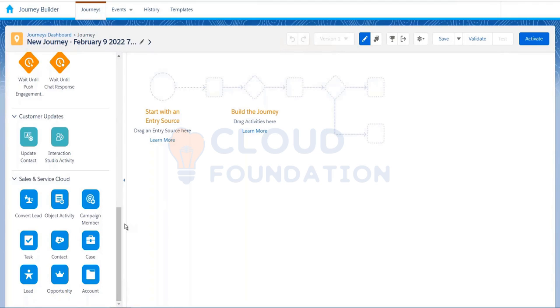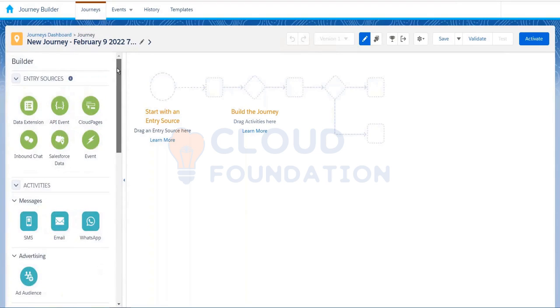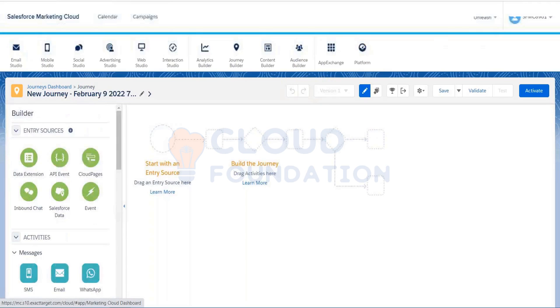Journey Builder is powerful when Sales Cloud or Service Cloud is integrated. Perfect, this is what we cover in the Journey Builder topic. Journey Builder has a lot of functionalities. We spend a really good amount of time in understanding each and every functionality here.